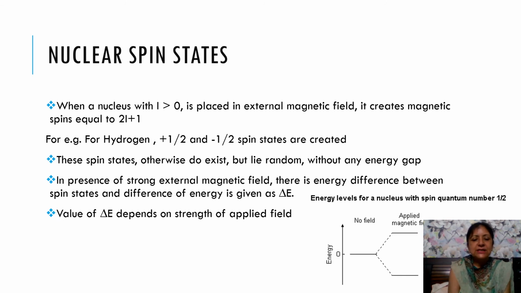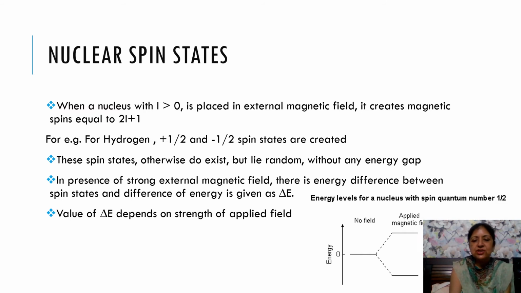Now there is a very common simple formula you all know, delta E equal to h nu. Here h is Planck's constant and nu is the frequency. In the case of a nucleus, as you will see in the next slide, this nu is not the simple frequency, it is actually the precessional frequency. Precessional motion can be understood like the motion of a spinning top, which not only spins about its axis, it also rotates. Just like that, the nucleus also shows precessional movement and it creates precessional frequency.